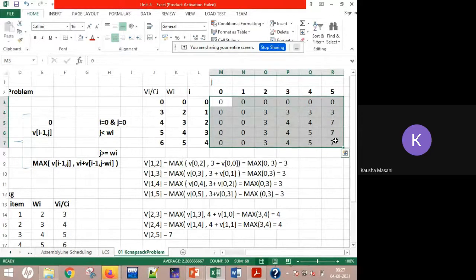I minus 1. What is your J? Dhruval, this is not how you do your sums. This is why there is one error. What is V of I for this? It is 4. No, it is 5.